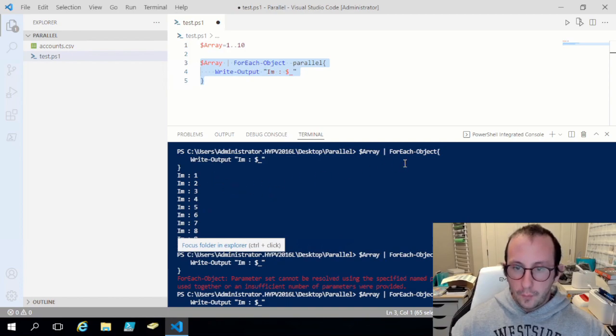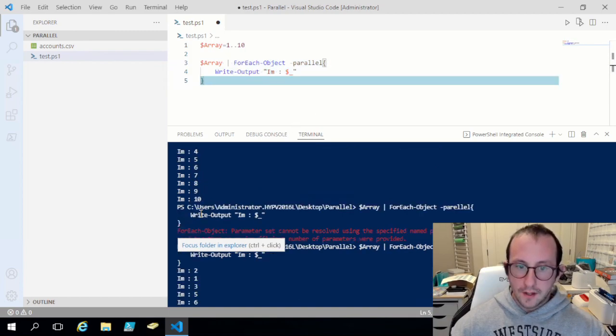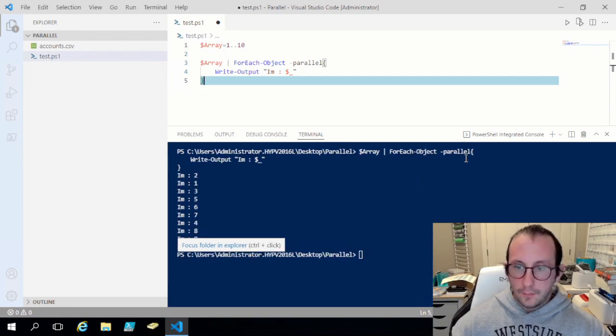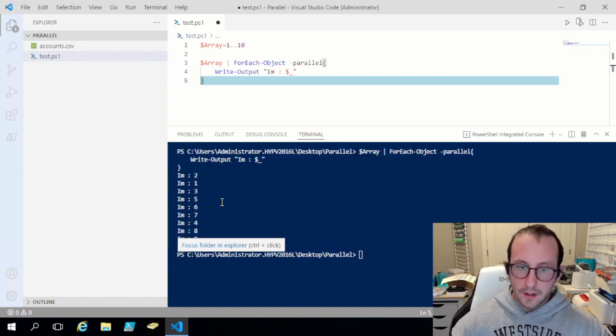So without the parallel parameter, we can see that we get 1, 2, 3, 4, 5, 6, 7, 8, 9, 10. Now when we add the parallel parameter, we get 2, 1, 3, 5, 6, 7, 4, 8, 9, 10. And this is because each time we're just creating a thread, and we don't care about in which order they print out. We are just telling PowerShell that we want to run all these items from the array in parallel as fast as we can,